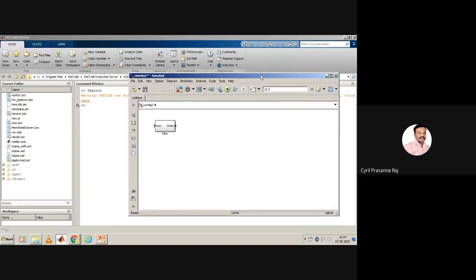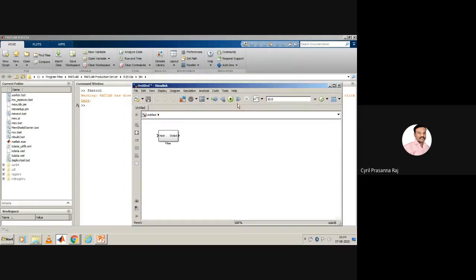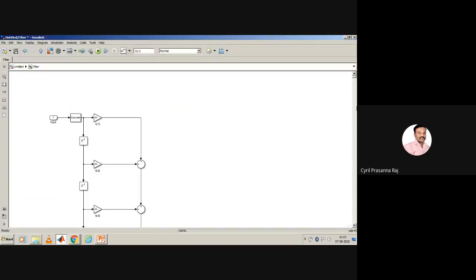So this is the filter that we actually specified in the FDA tool, and it has been designed. Now to really know what is inside this filter design block, let me double click on it. When you double click on it, it will again open up the black box. Inside that, you now find these are all the various filter coefficients.